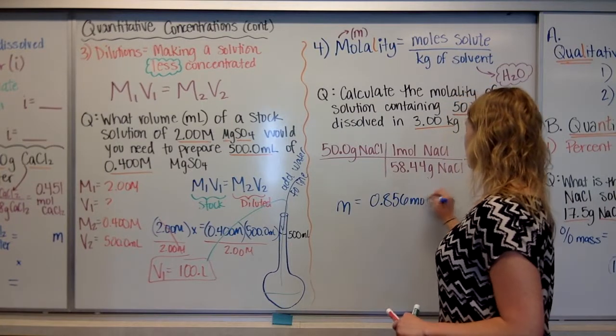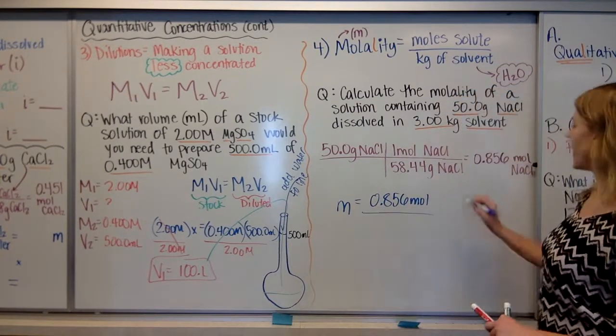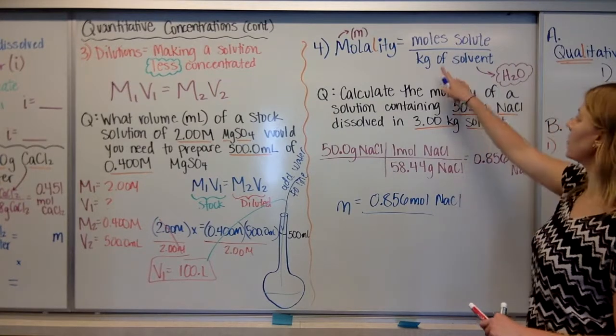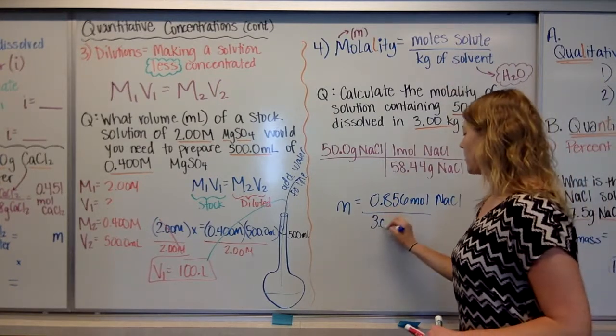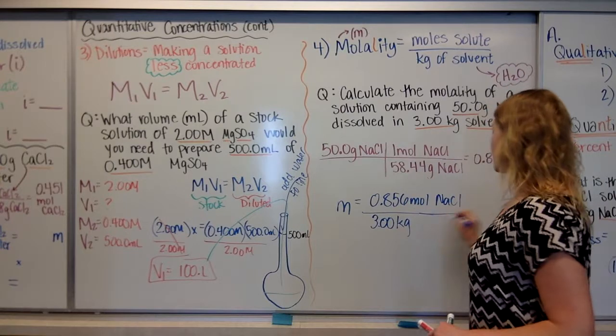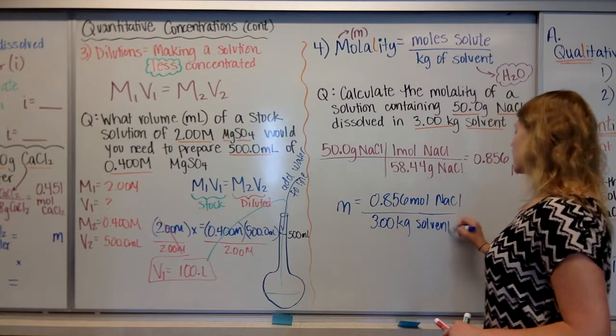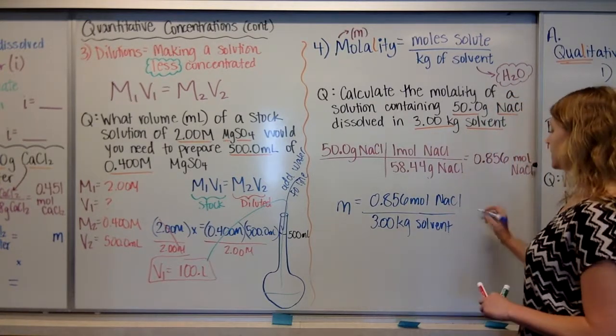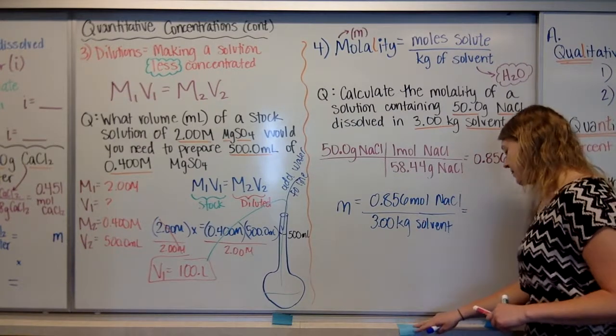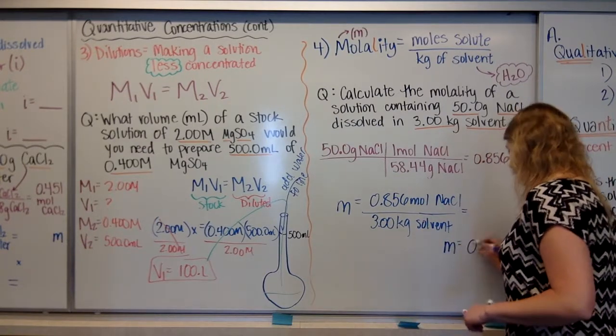0.856 moles, divided by kilograms of the solvent, 3 kilograms. And we don't actually know here what the solvent is. We're assuming it's water, but because it doesn't say, I'm just going to write solvent. And we get a molality of 0.285